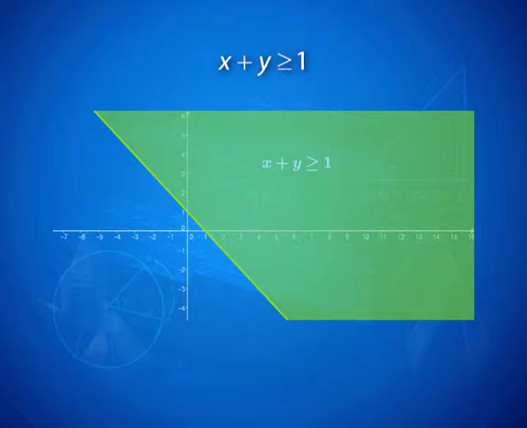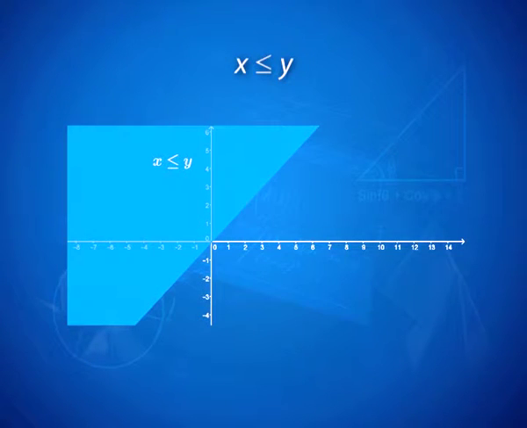Similarly, x plus y greater than or equal to 1. We plot the line x plus y is equal to 1 and then shade the required portion by substituting any point, say 0, 0 in the inequality. Left hand side gives us 0 and right hand side has 1. 0 greater than or equal to 1 is false. Therefore, we shade the opposite part, that is the upper right hand side part of the plane. For x less than or equal to y, as we had dealt with earlier in the previous episode, we get the answer as the left hand side part of the plane.